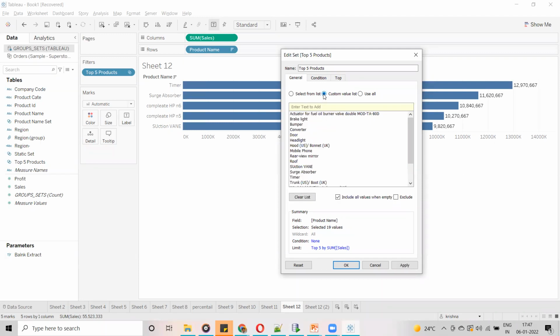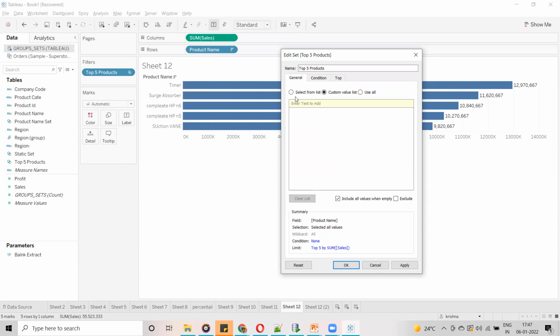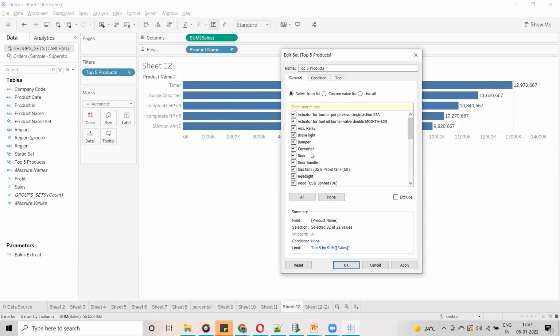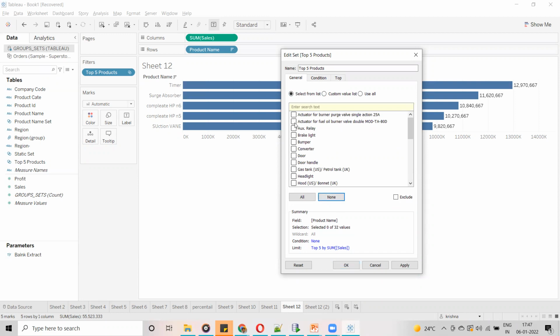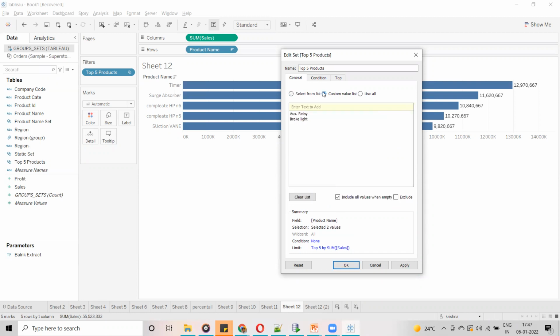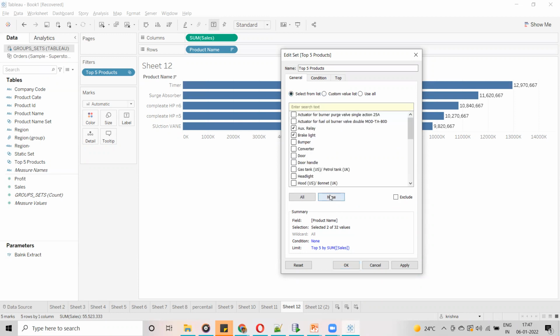So I'm going here. See, here it is automatically added because it is already selected. If you are not going to select anything and you go to custom list, it is going to be blank. Whatever you select here, automatically those are going to be part of here. See here, I am going to select none. If I select only two, then if you go to custom list, those two will be added here. Okay. So I am going to select none initially.